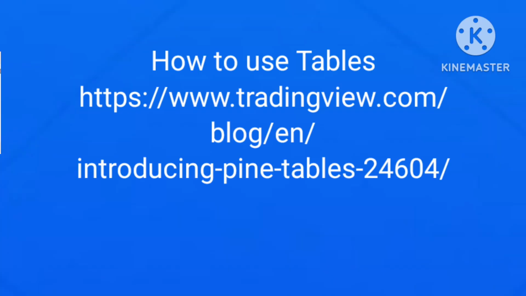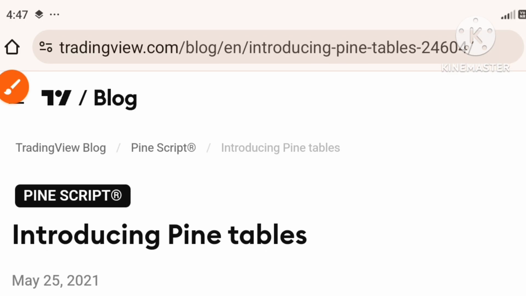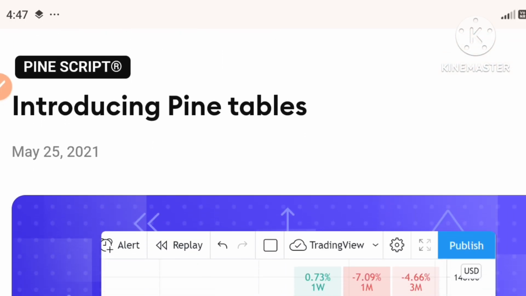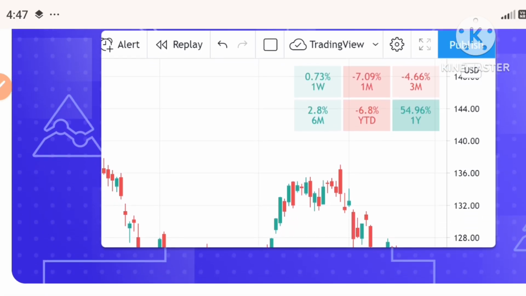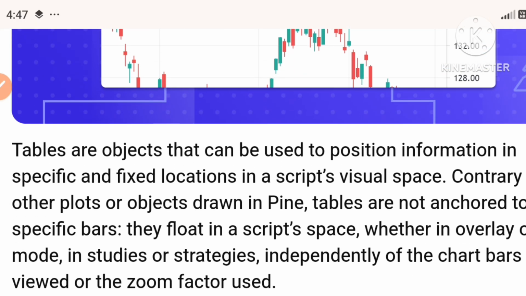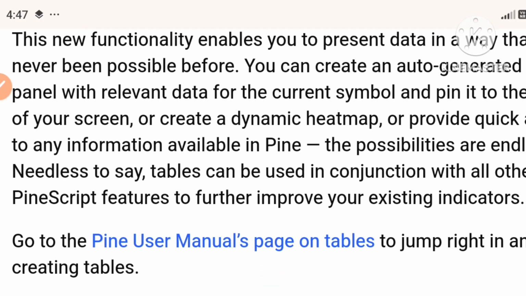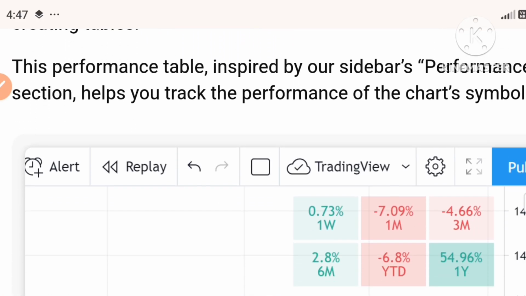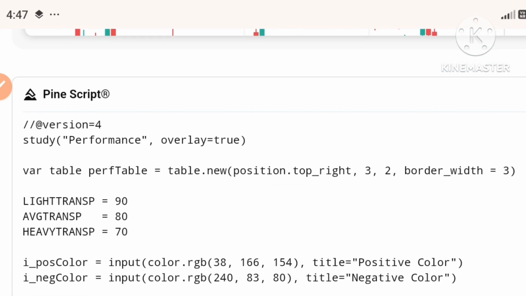Below the video there will be a link to the TradingView blog post that announced the release of this feature, and in that post they include a number of examples on how to use tables. I cannot cover every minor detail of tables because there is quite a lot we can do with them. Today I am just showing you a practical way to draw a basic table onto your chart,